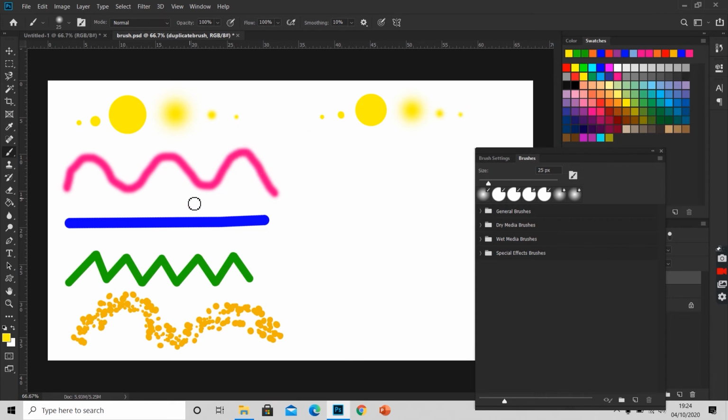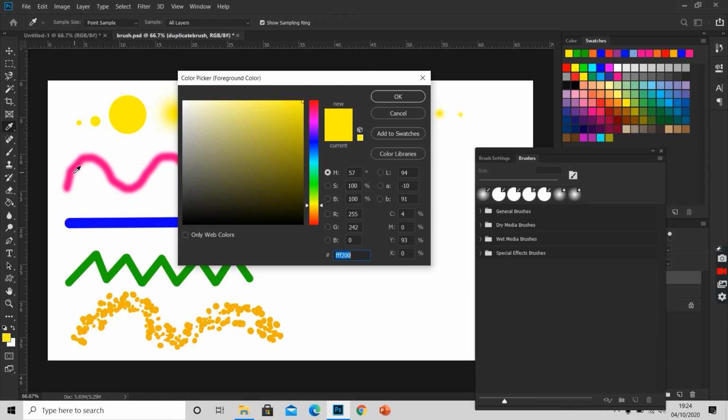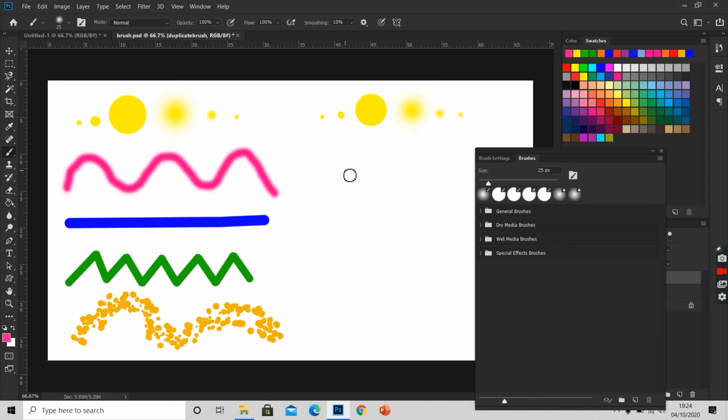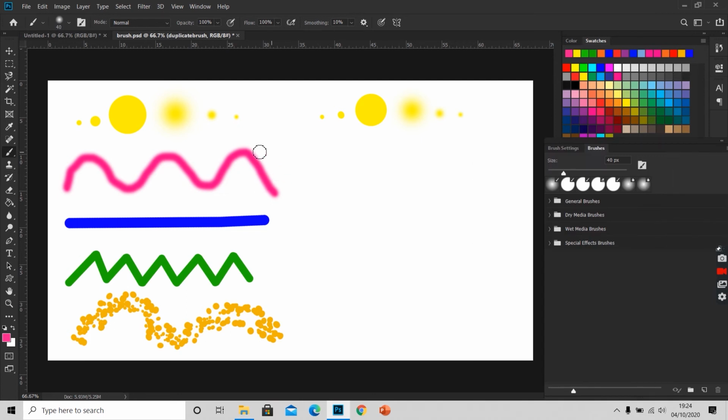Next, we will select a color first, that is this pink color. Select the size of the brush that we want to use. So for creating a specific segment, we'll click once and drag it and draw a shape that we want. This is the second thing. Third is this straight line.